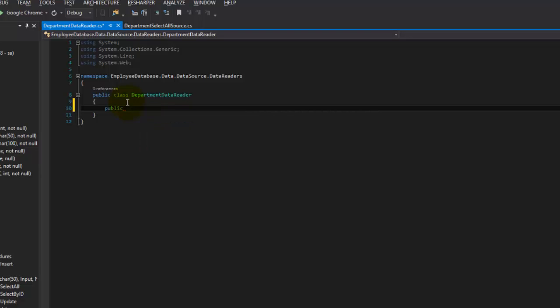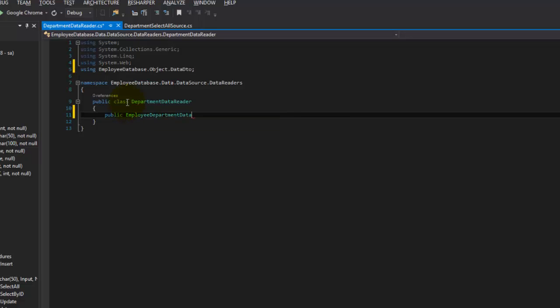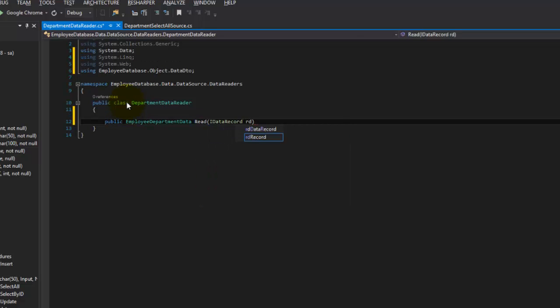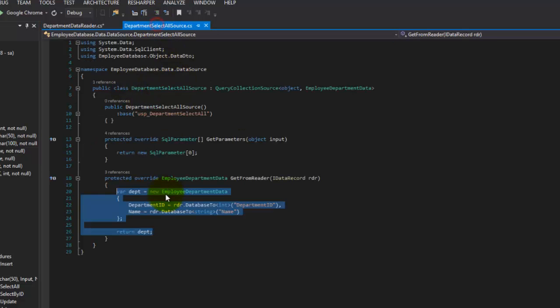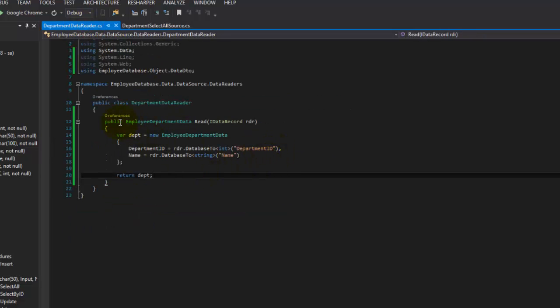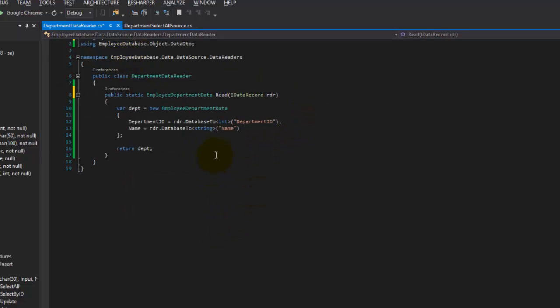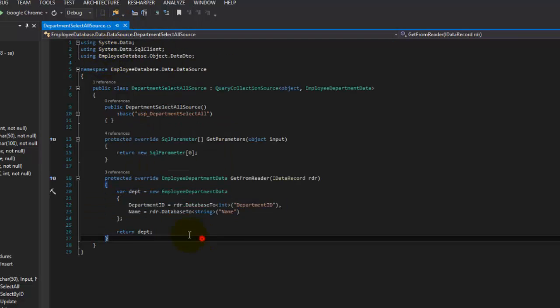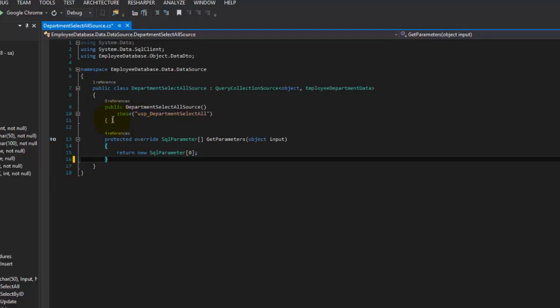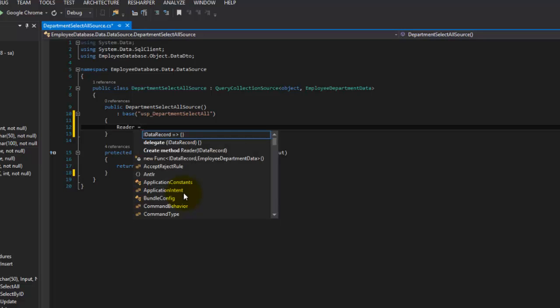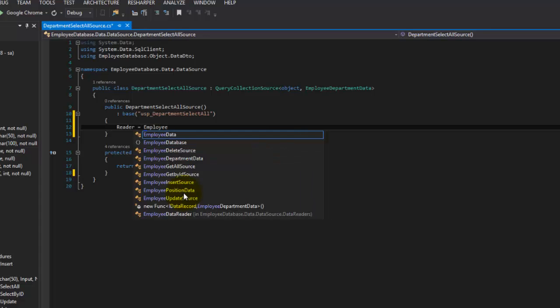Oh, I named it different. Employee department data. We'll say read, and this takes an IDataRecord reader. And then we can come over here, grab that, paste it right in here, and of course we want to make it static. Clean up this code, save that, and now we don't need this anymore. Get rid of the whole thing, come back into the constructor, set the reader as